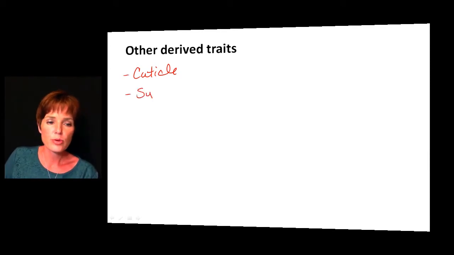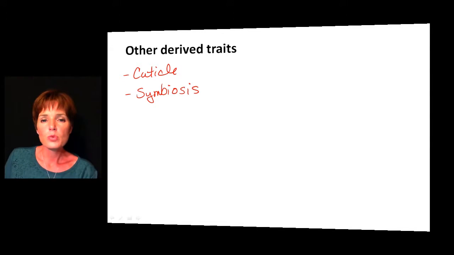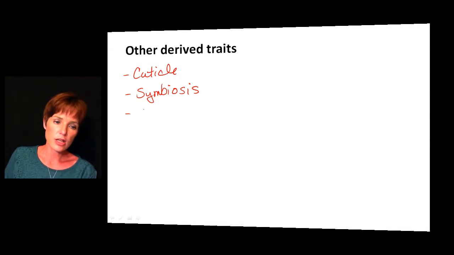Another thing that was very important was that they did need to develop a lot of symbiosis relationships with other organisms. We'll see that they did develop a lot of symbiosis relationships with fungi. That helped them to get access to sometimes nutrients, sometimes nitrogen, things that they were not as good at collecting on their own. And then they also developed a lot of what we call secondary metabolites. And secondary metabolites is a broad range of